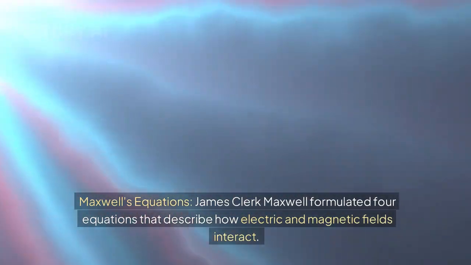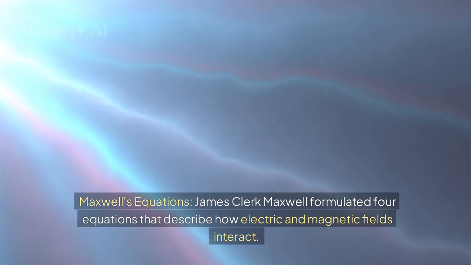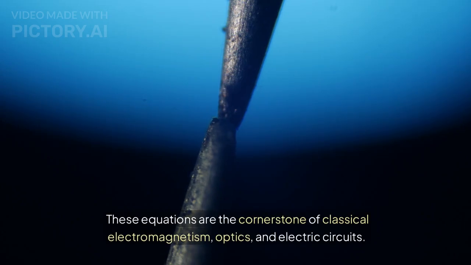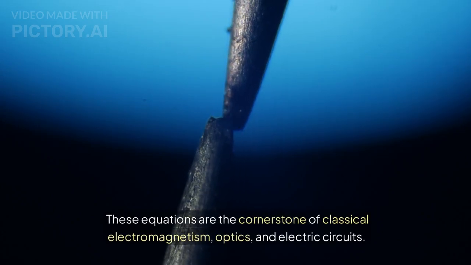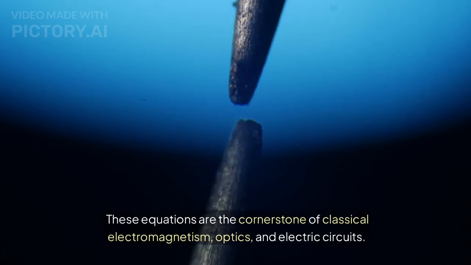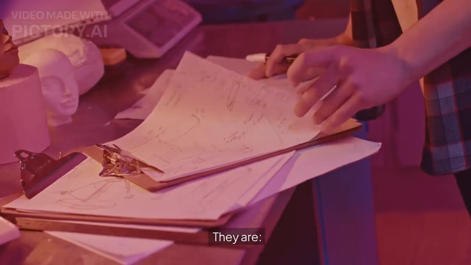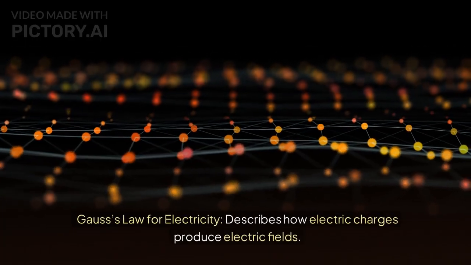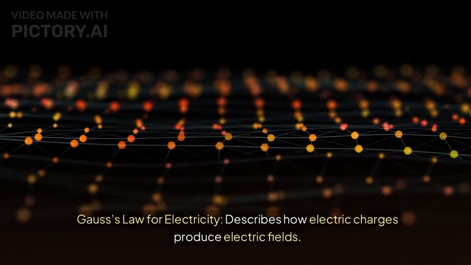Maxwell's equations. James Clerk Maxwell formulated four equations that describe how electric and magnetic fields interact. These equations are the cornerstone of classical electromagnetism, optics, and electric circuits. They are: